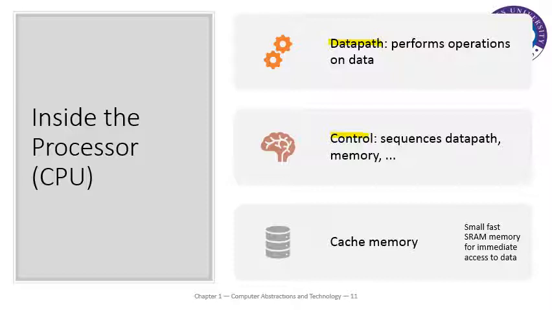And then we have some cache memory, which are basically small, fast static RAM memories for immediate access to the data, because the memory modules in a computer system are normally the slower devices, and the processors are basically the faster devices. So in order to manage this performance gap, we have to use a setup that is more efficient compared to our normal memory or the RAM. So the processors do have some cache memory organization that has been implemented within the processor.